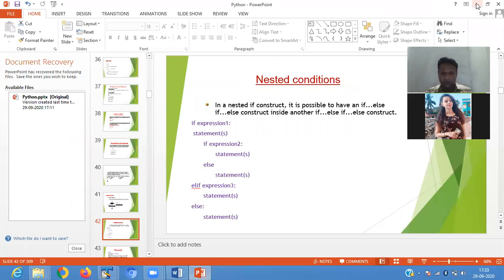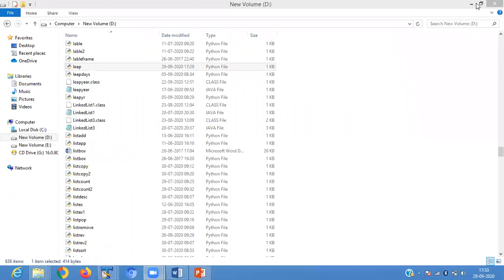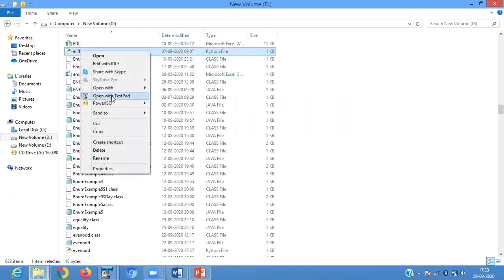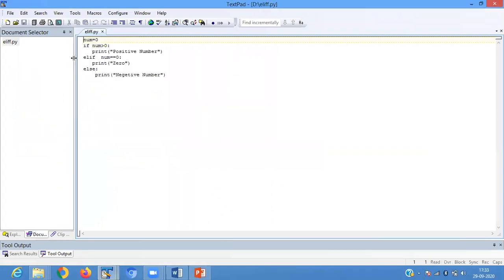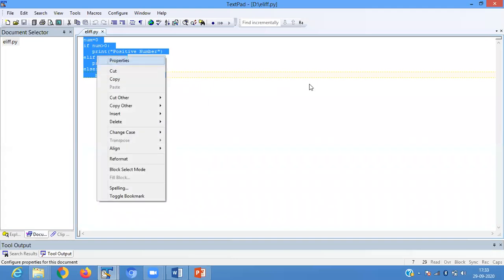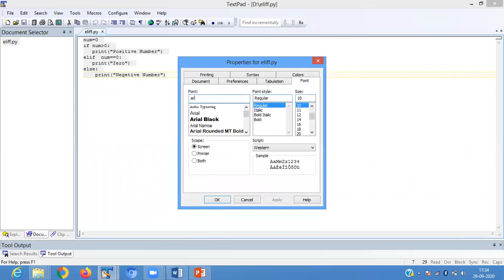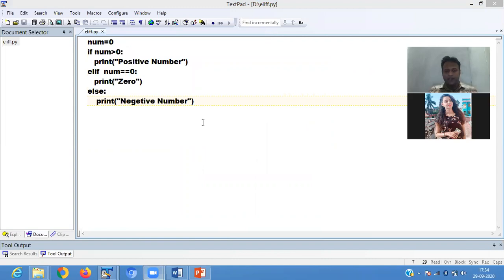So I go for this. Here we are using the elif part, num equals to 0.